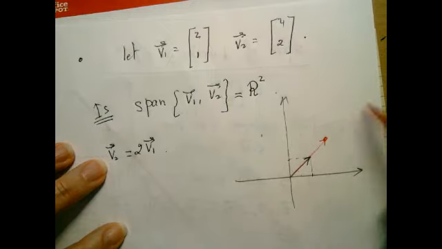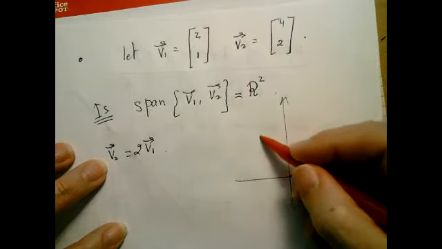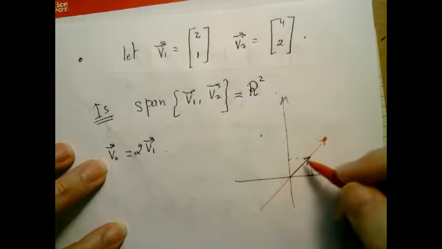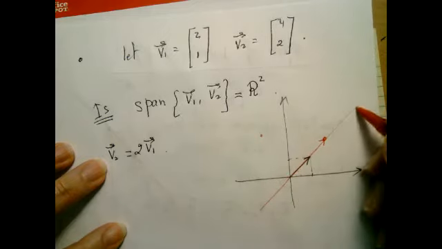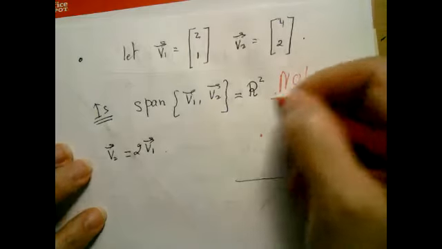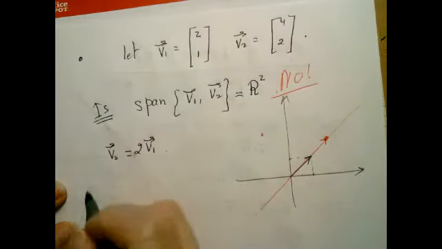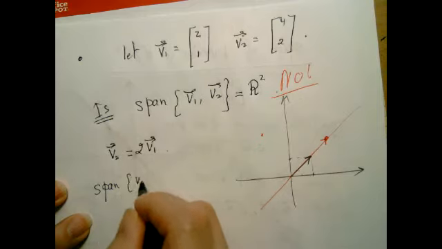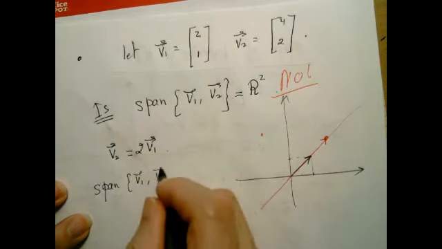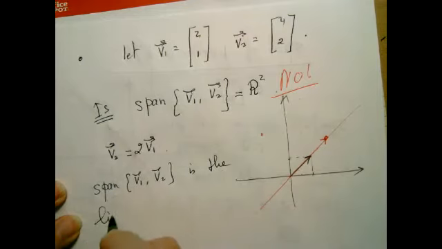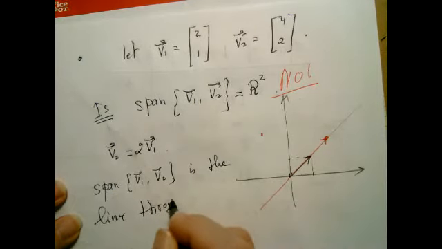But V1 and V2 have the same direction. So there is no way I can really reach this. So in this case, the span is definitely not R2. So is it the span? No. Absolutely not. The span is actually nothing more than a line because they are scalar multiples of each other. So the span here is the line through the origin, is this line. Through the origin means it goes through the origin,